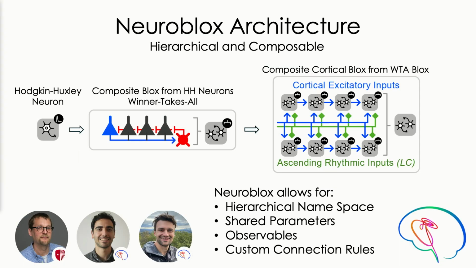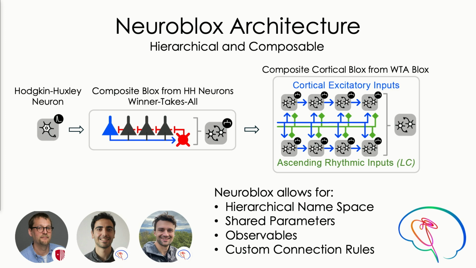And so the way we constructed or designed Neuroblox is by using a hierarchical and composable structure, right? So for example, you start with a Hodgkin-Huxley neuron, you put 5 or 6 of those neurons together into what we call the winner-takes-all circuit. Actually, Lily was talking about that exact circuit. And then you can take all these winner-takes-all circuits and put them together and make, for example, a cortical region,